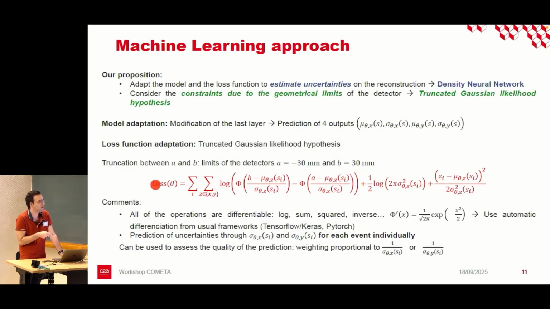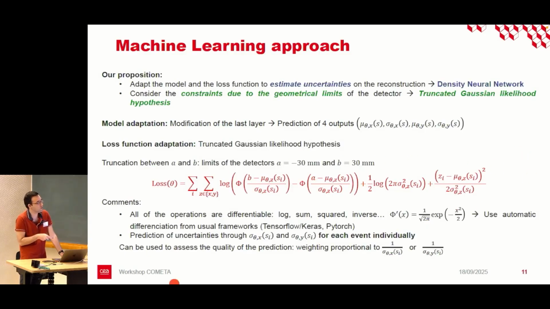The main property is that all operations should be differentiable, and it's the case. Here, the logarithm is differentiable if we have something that is positive inside. Here, phi is the cumulative distribution function of the Gaussian, so we can differentiate it easily. It's the classical Gaussian. So all of this can be